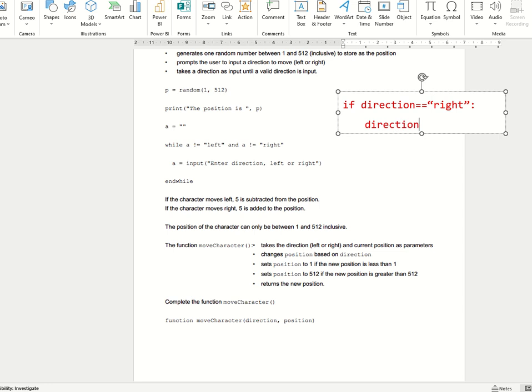Direction equals, it's not direction, is it? It's position. Hold on a minute. Now that would have lost me marks because I wouldn't have been referencing the right parameter that's being passed in. Oh no, that one's direction, that one's correct, sorry about this. But this does show you that even when you know what you've got to write, you might go wrong and you've got to double check. Position, that's the position of your character. Position